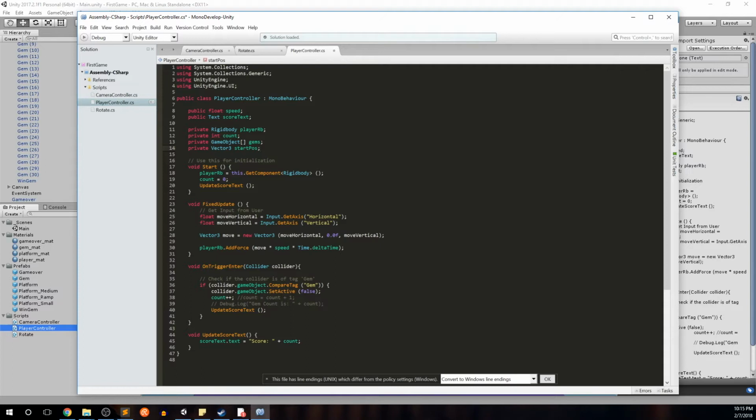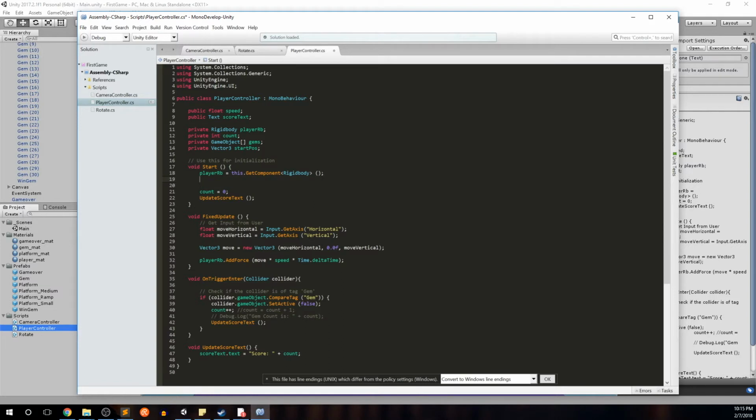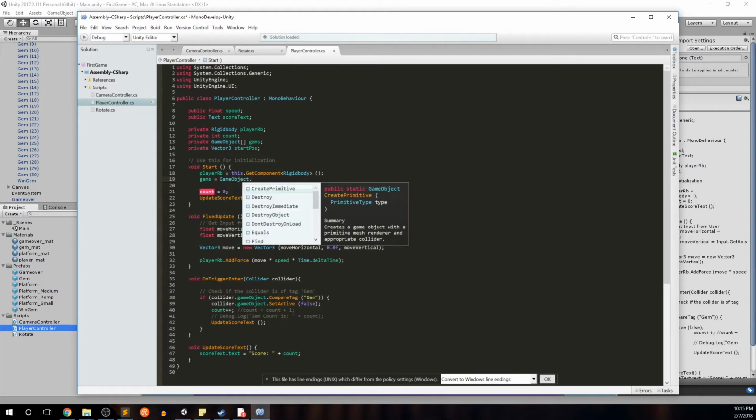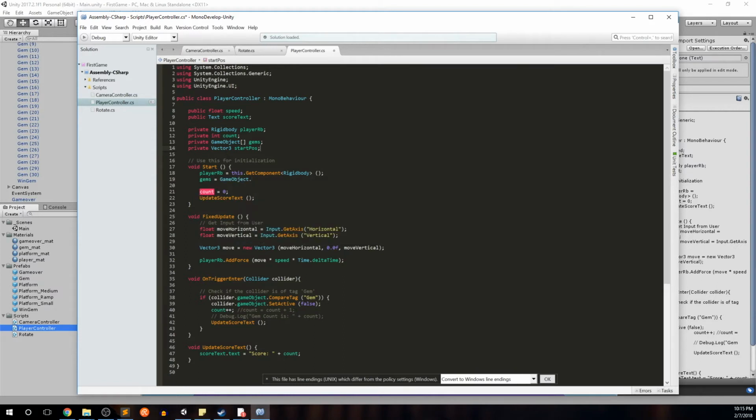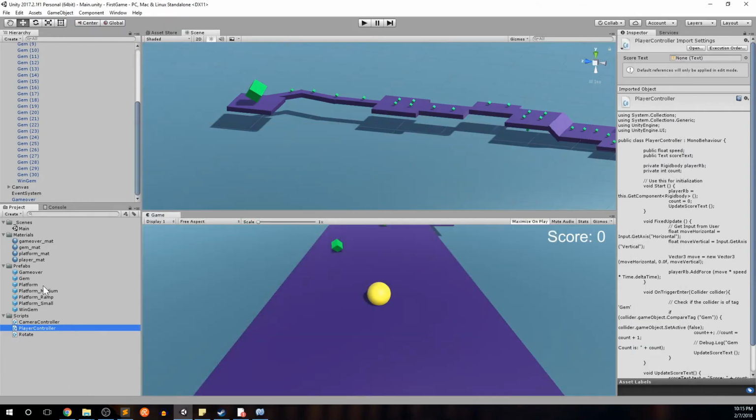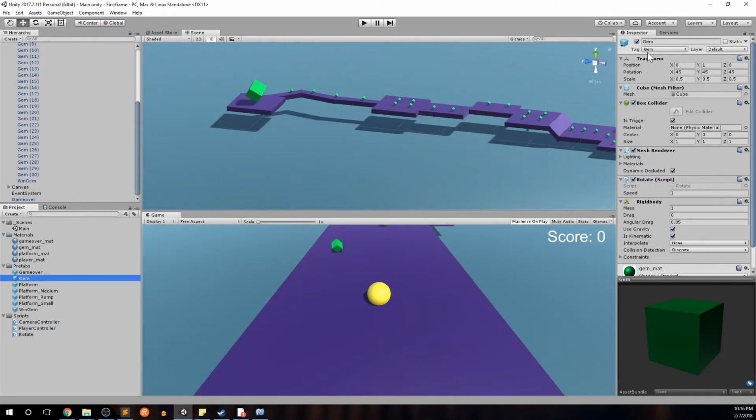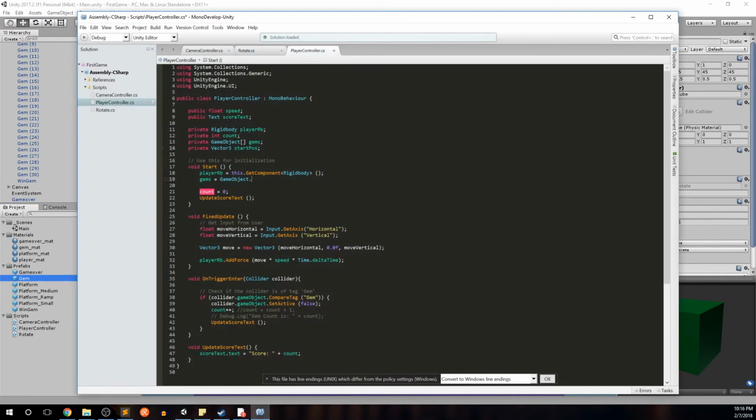So in our start method, we want to initialize both the gems list and the start position. So we'll go ahead and, right after establishing the player rigid body, say gems equals game object. We're going to find all of the game objects with the tag of our gem. So quickly leaving here, let's go ahead and take a look at our gem object. We can see that our tag is gem. So we're going to look for all the objects with the tag of gem. So to do that, we say game object dot find